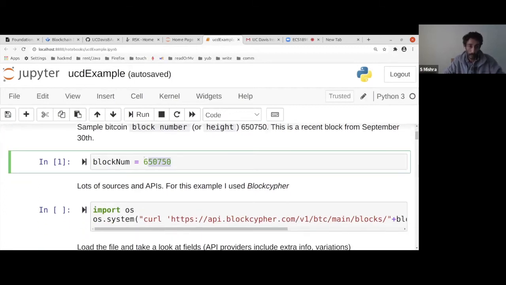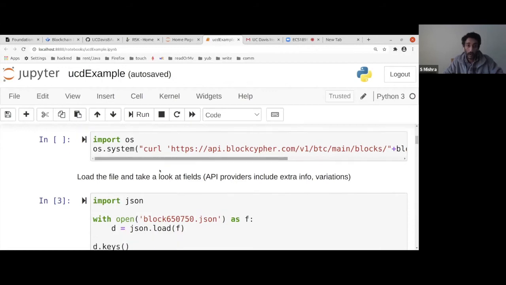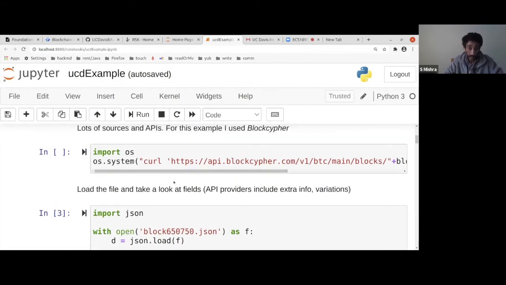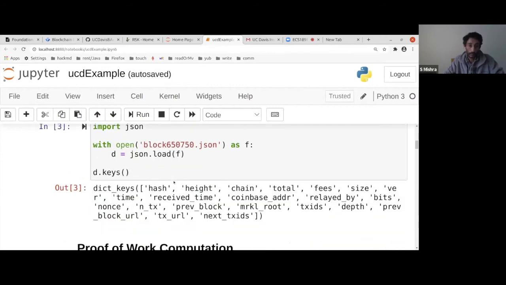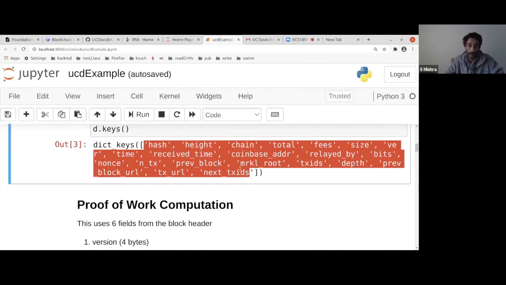So you pick a block number, and there's lots of APIs that you can use. I used this one. I did not use the Explorer that I was just showing you, because in the Explorer, the timestamp was leaving out seconds. It was only showing hours and minutes, but part of the protocol needs Unix time, the whole thing. So from the block, these are some of the fields: